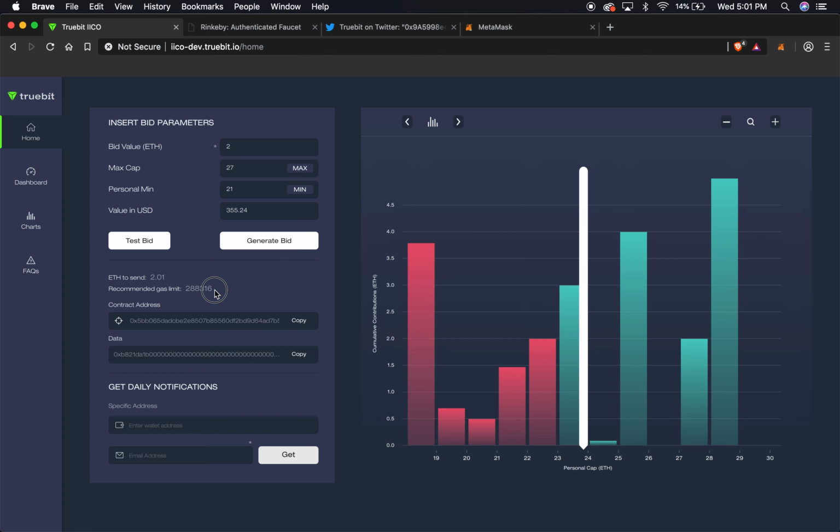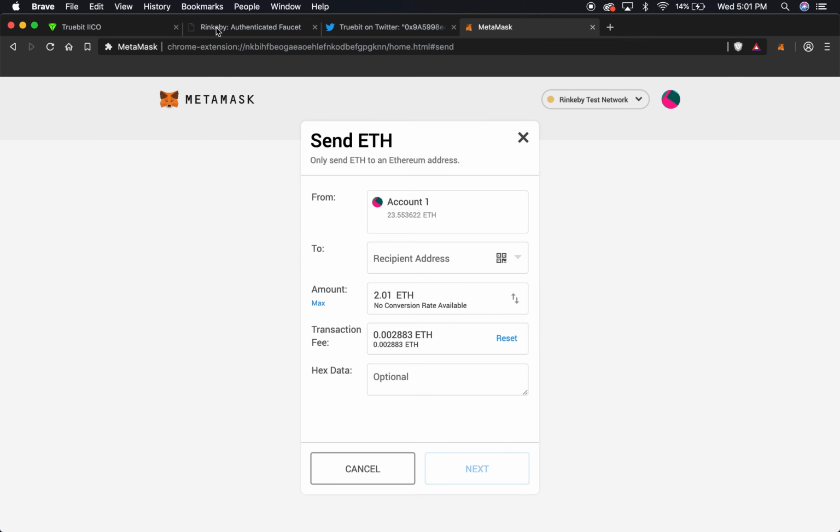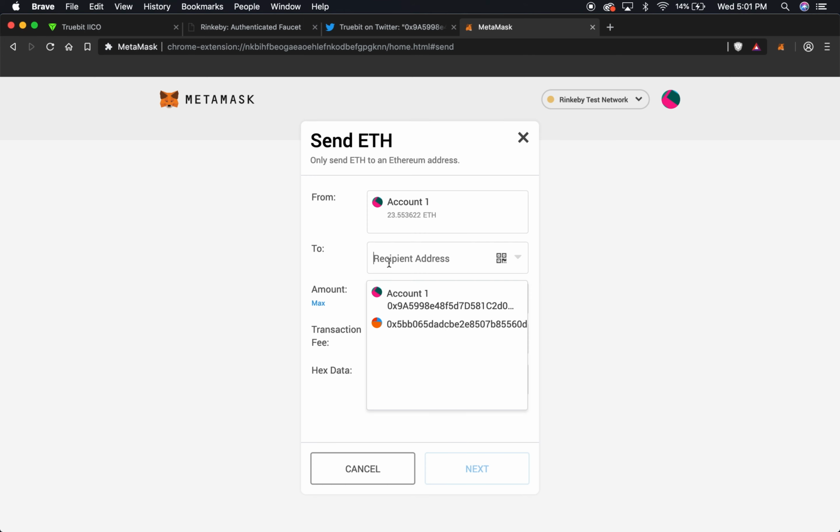You have a recommended gas limit from the platform. You just go to advanced options. Make sure that it is the correct one. There you go. And you save. Then we need to go to the contract address. You copy, you use the button copy. You don't copy by highlighting because it's longer than the box and you want to make sure you get the right one. So just hit copy, go back to MetaMask, go to the recipient's address, which is in this case